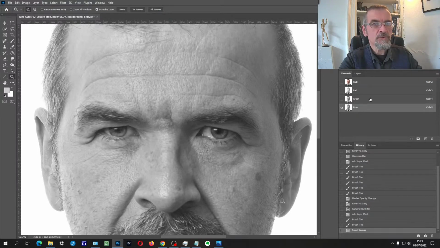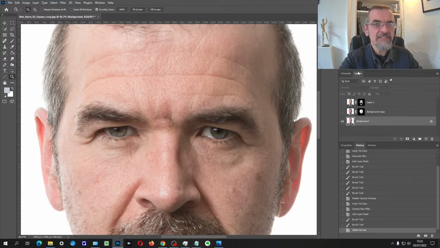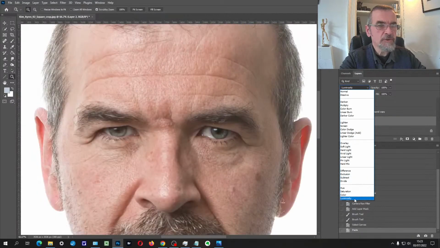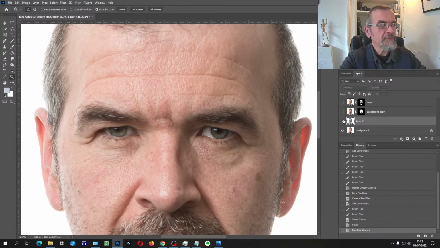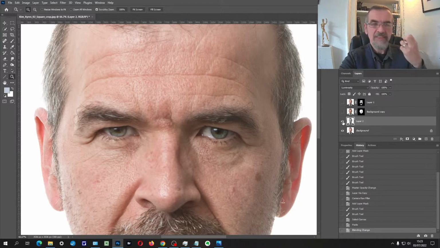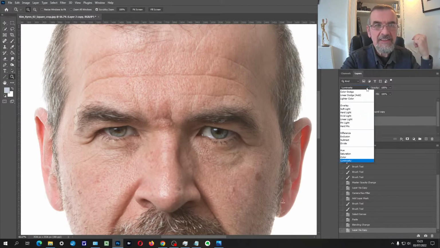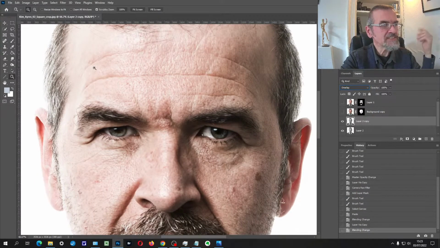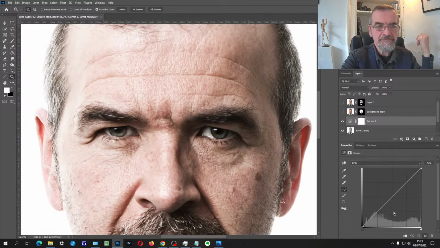So if I select all, copy that, and then let's go back to here and paste that on there. And then what I do is I take this down to luminosity. Then what you can see is, again, it's increasing that sort of depth of texture. Now if I duplicate that layer again, another thing I can do is soft light or overlay even. Now the overlay is making, again, the brights a bit too bright, the darks a bit too dark. So what I might do is take the curves and